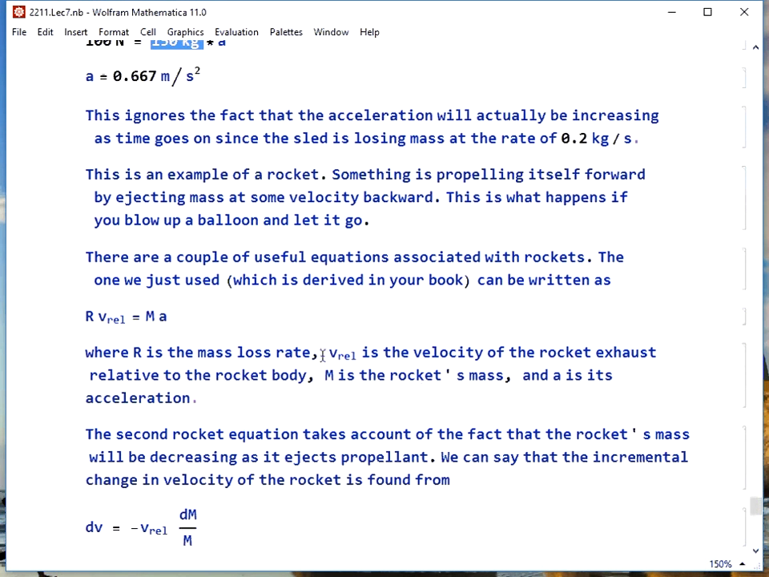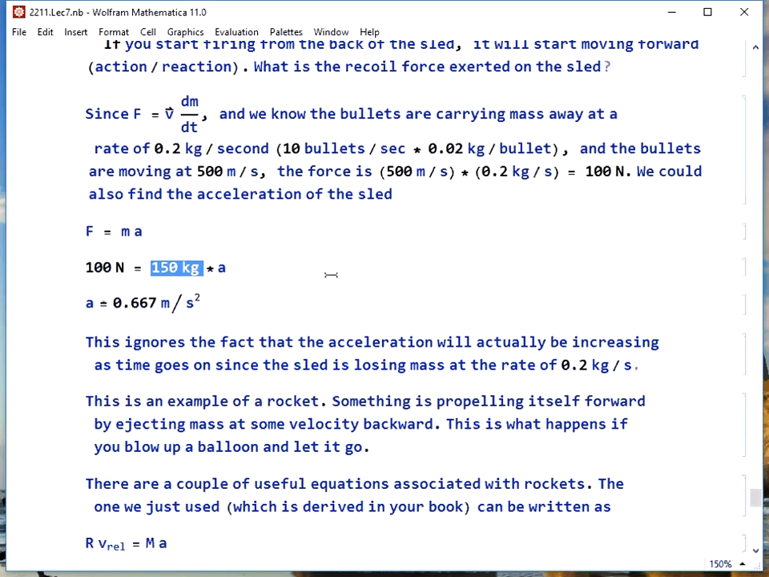This is just the rocket problem. That's what this is known as. This is the way rockets work. Anything that propels itself forward by ejecting mass with some velocity backward is a rocket. If you blow up a balloon and let it go, it's acting like a rocket. We can take this